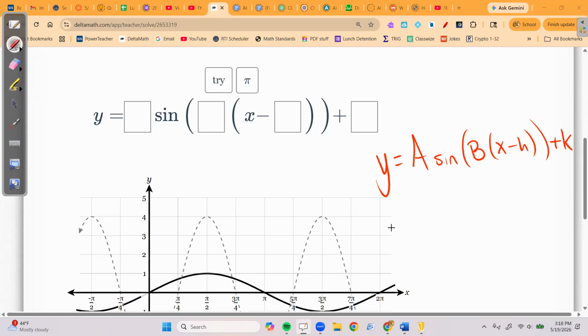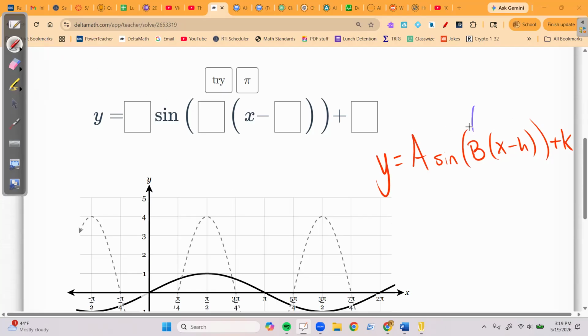So if the graph moved left like pi over 6 units, then my H value is going to be negative pi over 6. If I can see that it moved right like pi over 2, then my H value is positive pi over 2. And then K is what you would think it is based on your knowledge of this. It's where the midline is, right? So like if you had a midline that went up to 5, then you would just end with plus 5. Really, our conversation today is